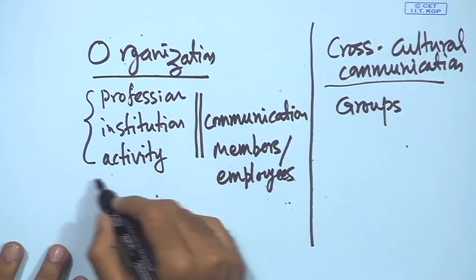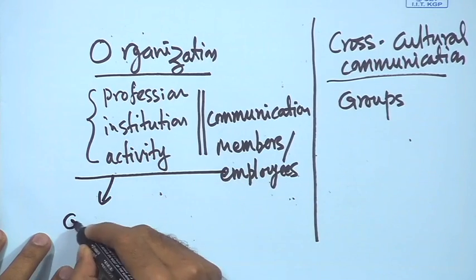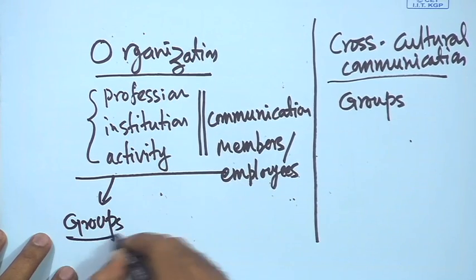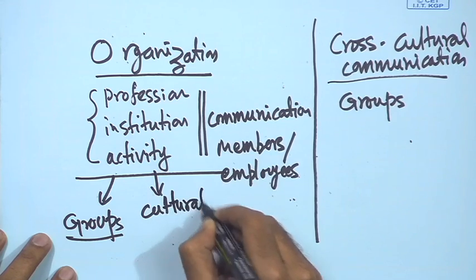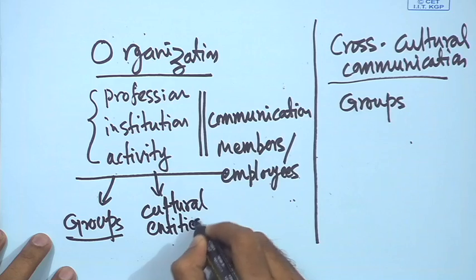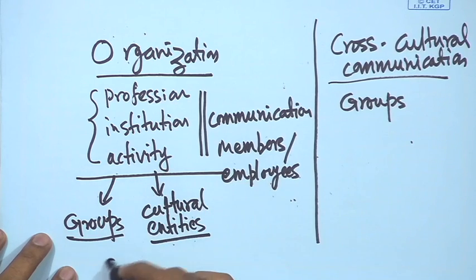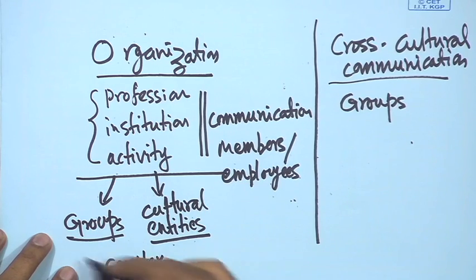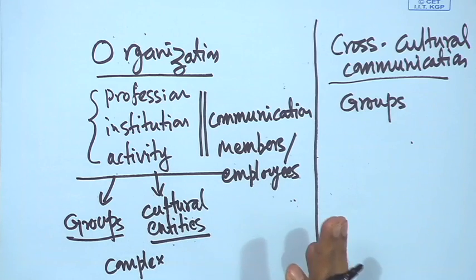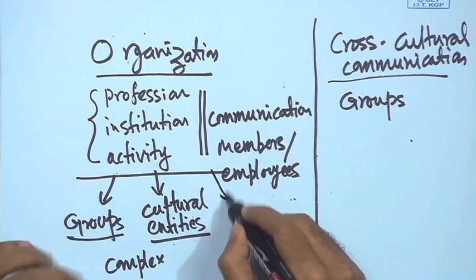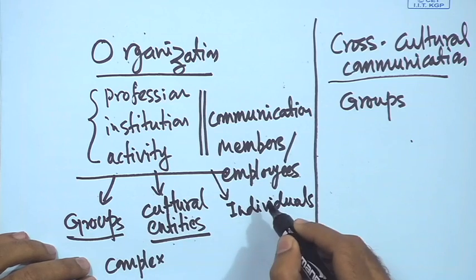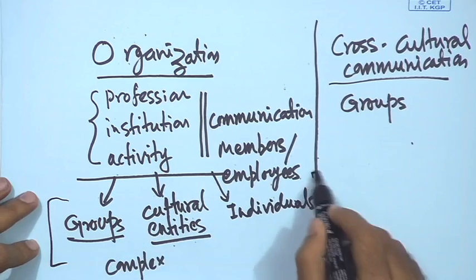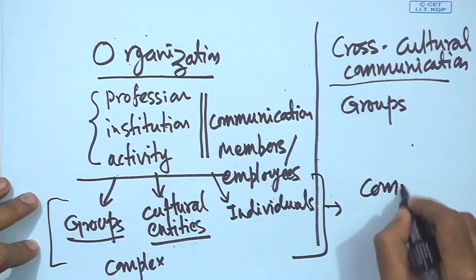So, for that matter, an organization may have different groups working there. We talked about different groups, and there could be different cultural entities within an organization. So, now we can understand how complex communication can become when it comes in terms of a bigger organization or an entity. There are different groups, there are different individuals, and there are different cultural entities. Hence, for all of this, the communication